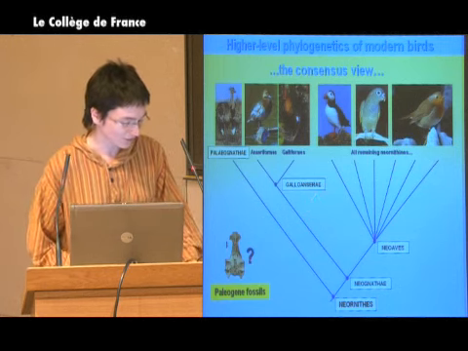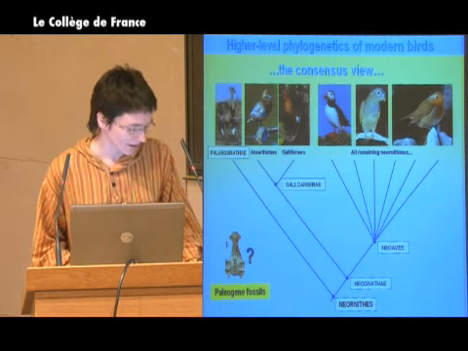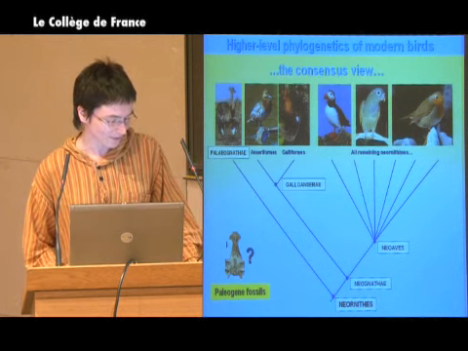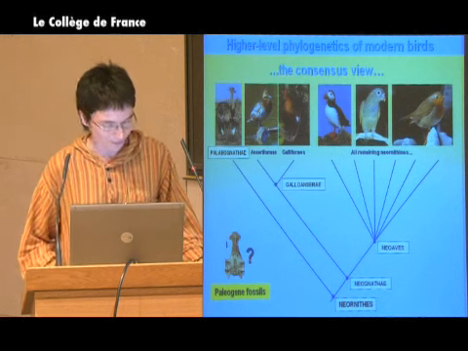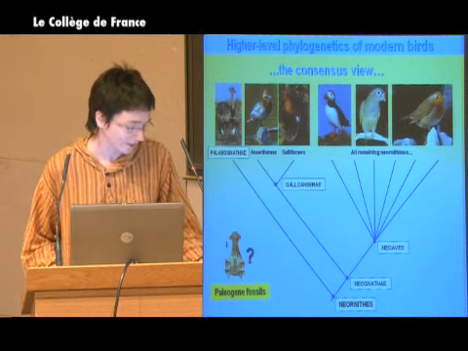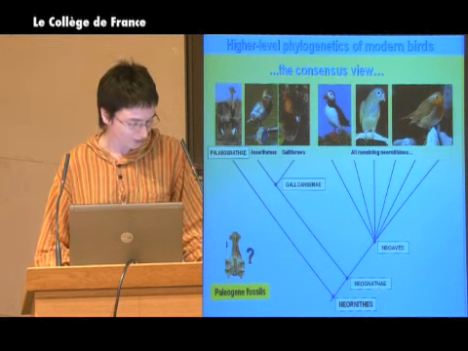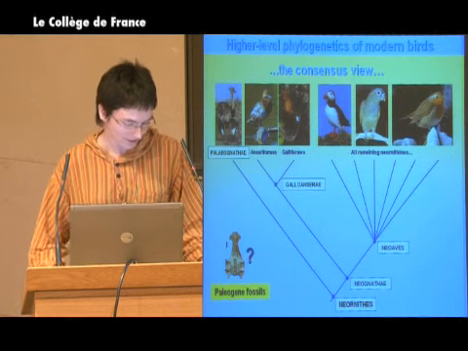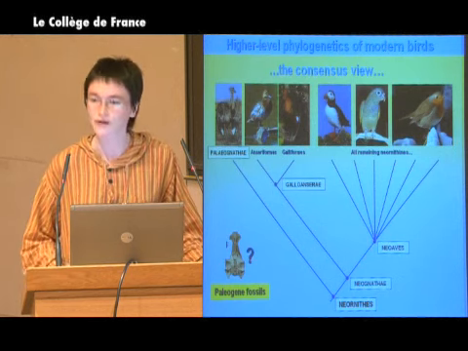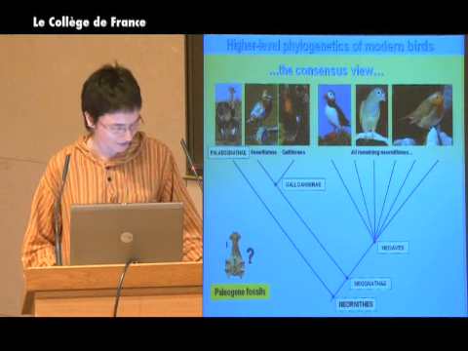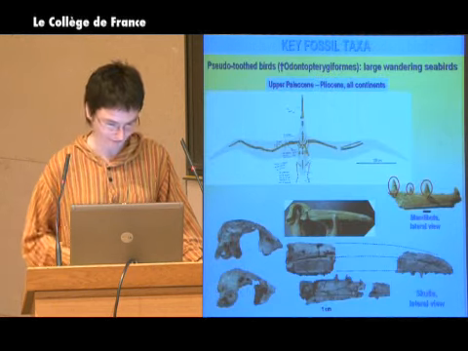So the incorporation of fossil taxa into phylogenetic analysis often permits to elucidate hypotheses of relationships supported on the basis of extant taxa alone. And Paleogene birds are critical for reconstructing higher-level relationships of modern birds because they display combinations of morphological characters which are very important for assessing relationships between distantly related living taxa. So here I show how the inclusion of Paleogene fossils can help to revisit the early divergences of modern birds.